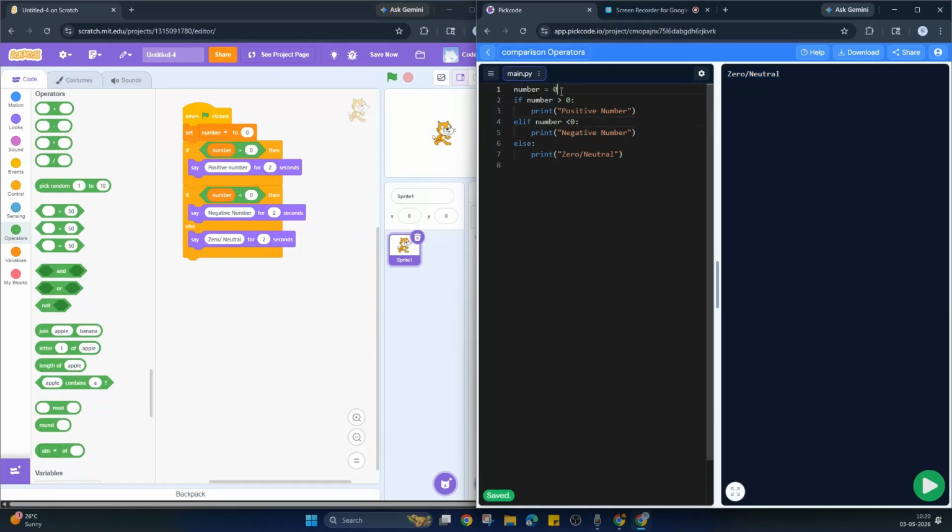Let's say 90. So here we have it, negative number. This is basically, I have here multiple if blocks can run on the same variable, just like you can see in Scratch. These if blocks or if conditions are independent checks, whereas when you have elif,